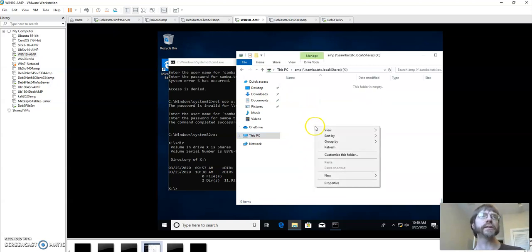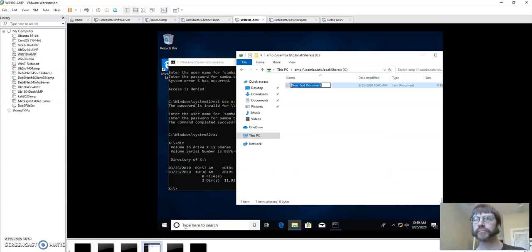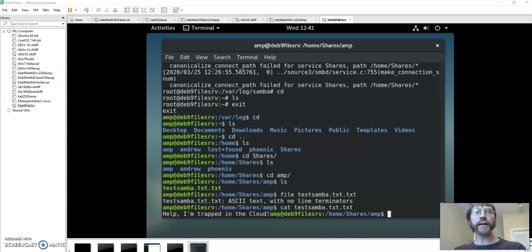I can go in here. Let me see if I can make a new text file. And it worked. I created a file, testsamba.txt.txt, on my Win10 client, and now I can see it on my server as an ASCII text file with no line terminators, which indicates that it's a text file built the way DOS would do it. So that's Samba, sort of the